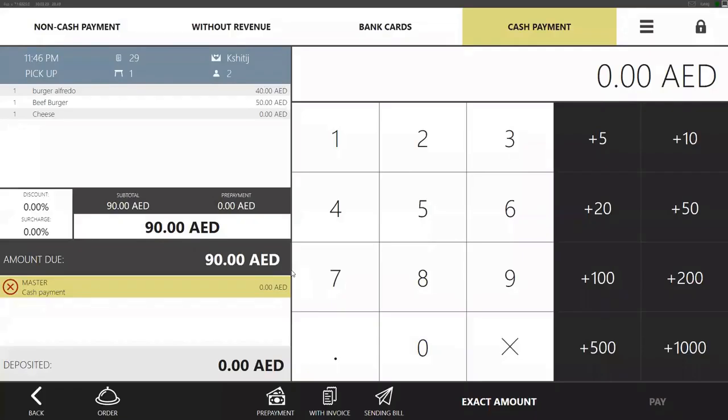So now the bill is presented, and now the guest wants to close the bill and make the payment. On this page, this is how we close the bill, and we do have options for taking the payment through cash, different bank cards. We can also split the payment if the guest wants, for example, say he wants to put say 40 dirhams